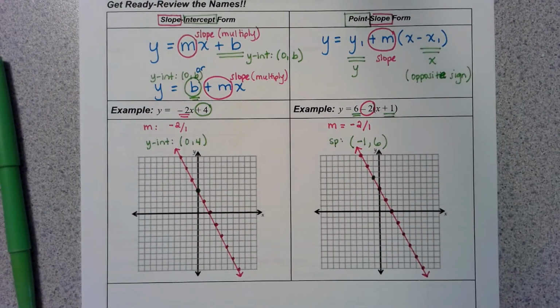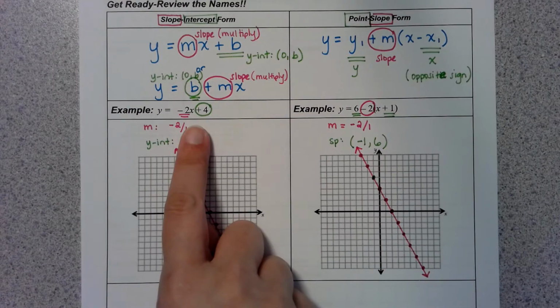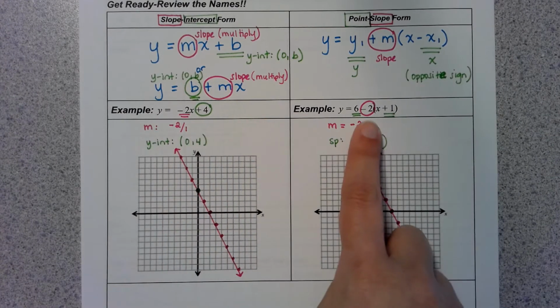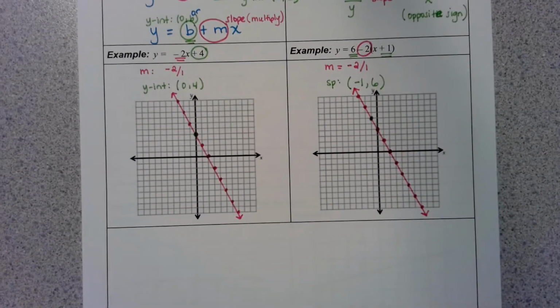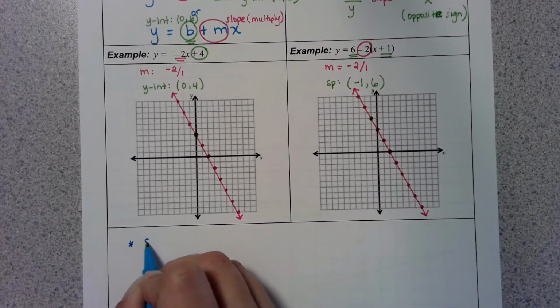Now, understanding the names is really the new thing here. We've always graphed these two different types of equations, but in this chapter, it's going to be very important that you know the words that this equation is slope-intercept form and that this equation is point-slope form. So what I always remember is this. For slope-intercept form,